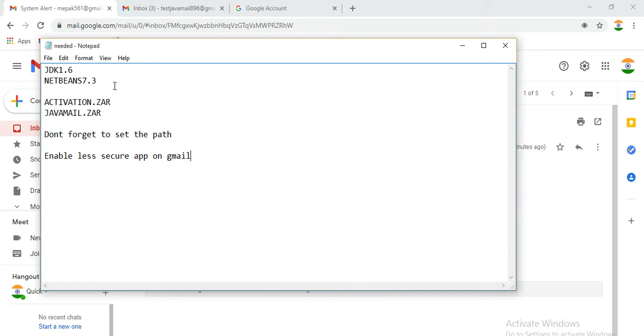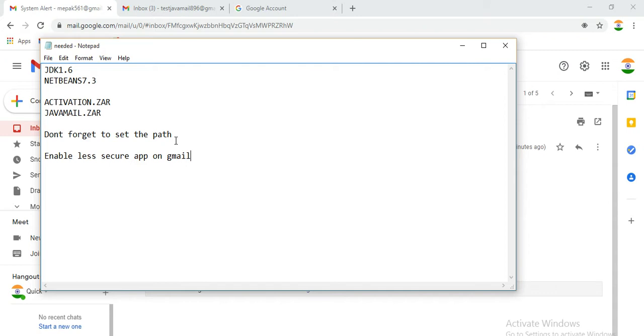Some important things I want to tell you: we need JDK 1.6 version and NetBeans 7.3 version or more. This is an older version. We also need to download an activation.jar file and a javamail.jar file; you can search on Google and easily find them on the Oracle website. Don't forget to set the path.